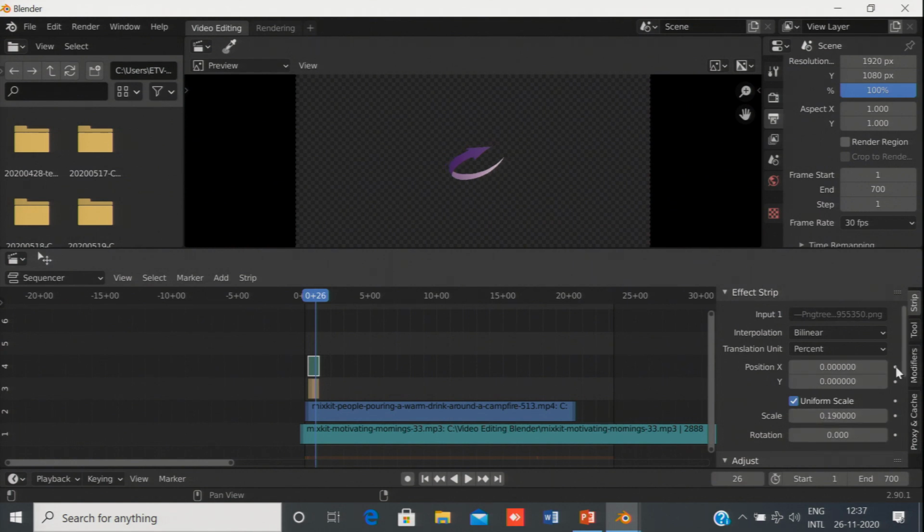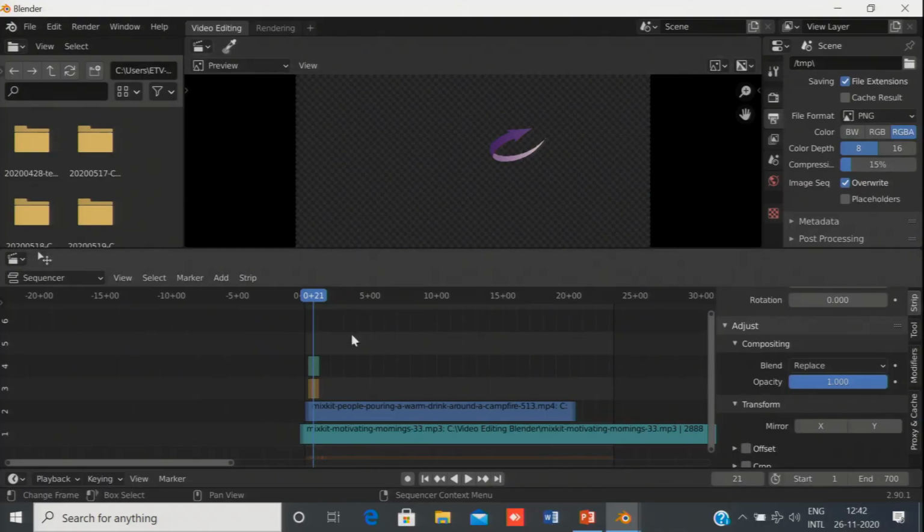You can also change its position by moving it using the x and y coordinates. Now, you can see that I have reduced the size of the arrow. But you must have observed that the transparency of the arrow has gone.